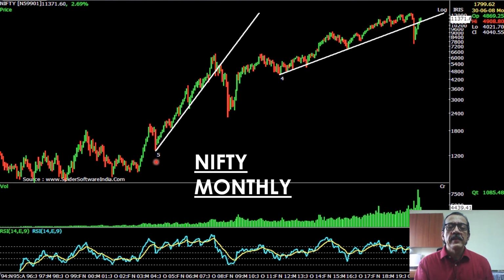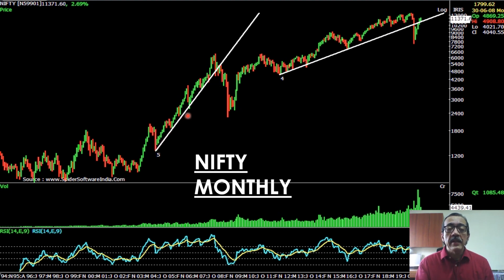So this is a Nifty monthly chart, right? A very long-term chart. And what I've done is I've drawn trend lines, or an example of how trend lines can be drawn. So, I've connected this point and this point. And how did I connect these 2 points? Because this market came down here, went up, came down, and then went up. So I got these 2 points, then I connected it.